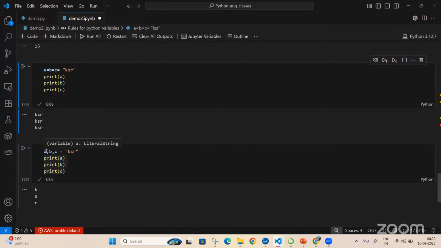But here you have said what? You have defined A as one variable, B as one variable, C as one variable. This is a multi-line assignment you're doing, and you're equating into only one word. And this time, since your string is a kind of iterable, that means you can loop into your particular words. Now Python will do something called unpacking of objects. Unpacking of objects or assignments is nothing but individually it will go and assign first word to this, second word to this, third word to this. These kinds of assignments are called unpacking of variables inside Python.